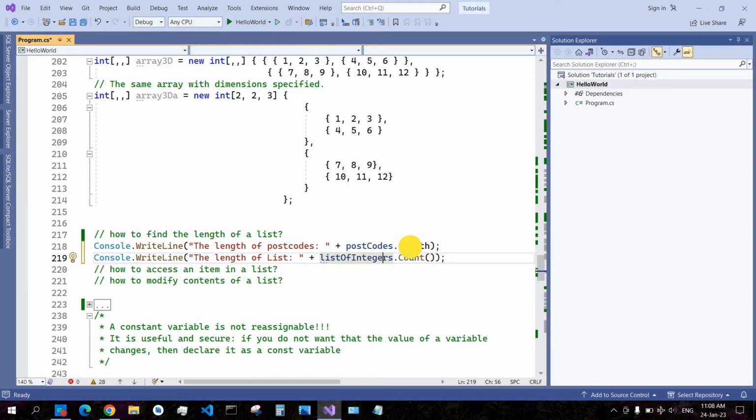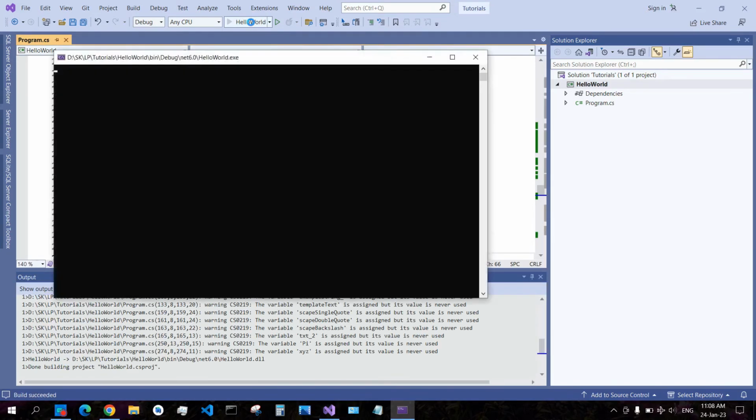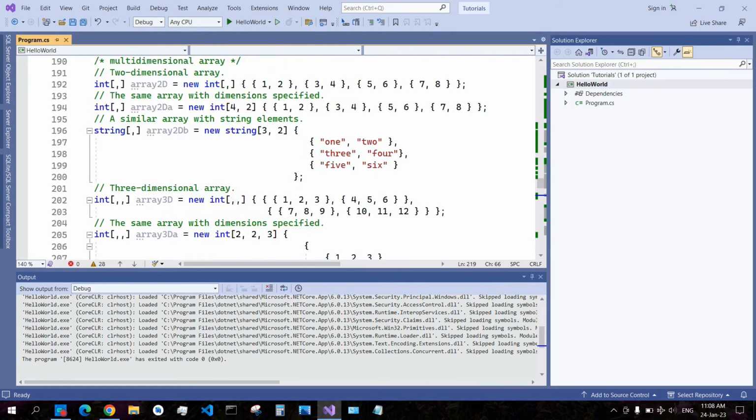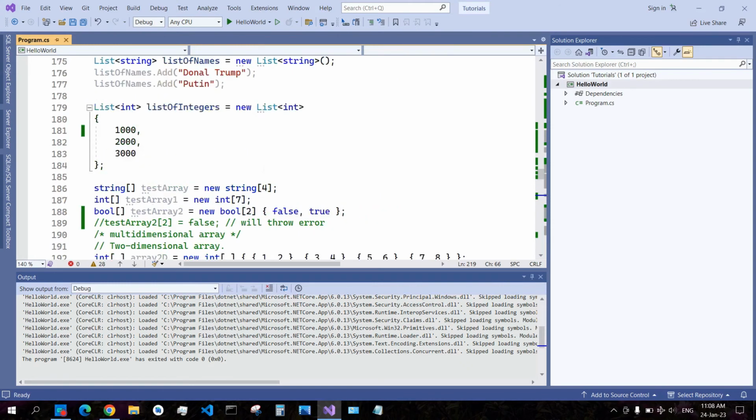It is not like an attribute. So it is a method, you have to use brackets. Run the application, and then it says the length of list is 3 because we have there only 3 items,